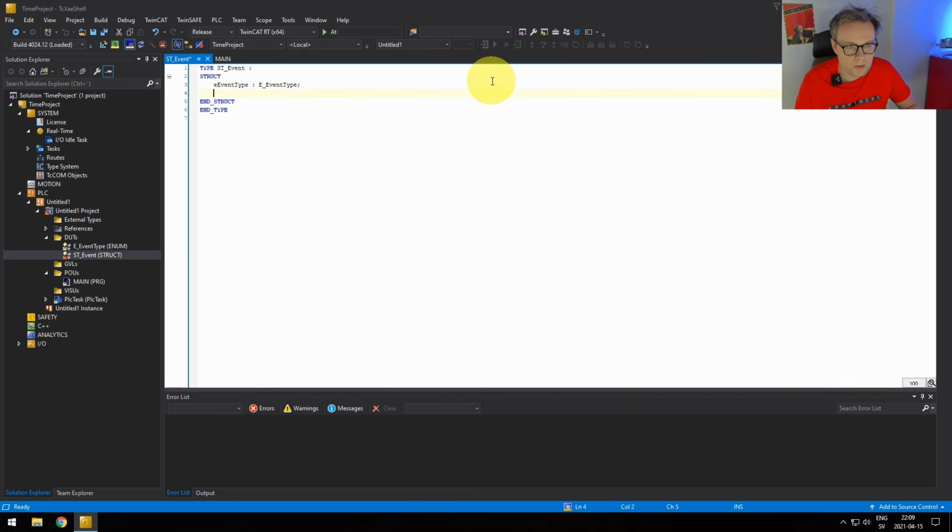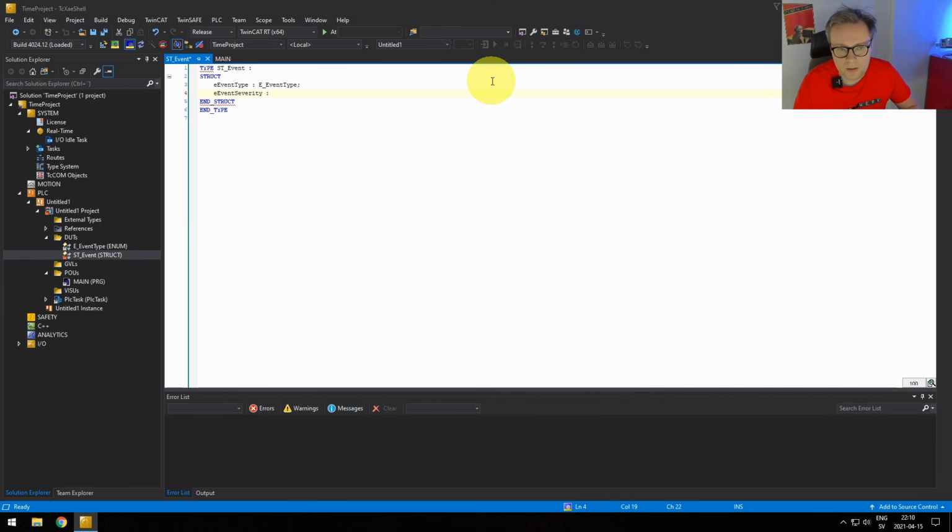The structure also needs to hold event severity. Basically, if it's an alarm, it will define whether it's a very critical error or less critical error, there are different layers of this. And for this, we don't need to make up our own. There is actually one predefined in TwinCAT that's used for something that Beckhoff calls the event logger. So we're just going to reuse this one. I'm not going to talk too much about the event logger here, but there's already an application programming interface set up for creating events in TwinCAT 3.